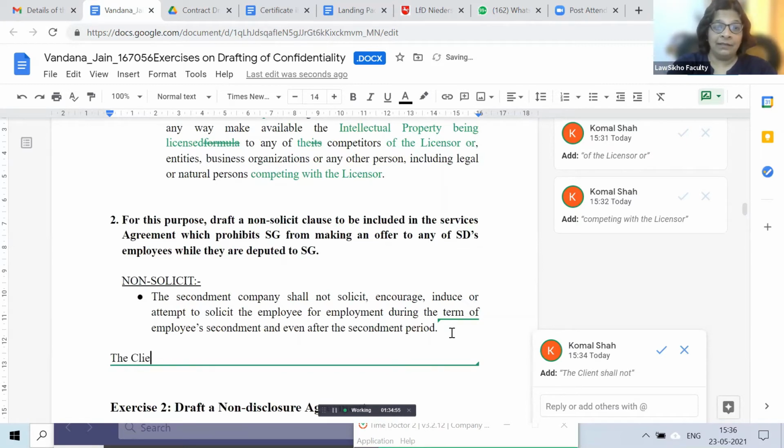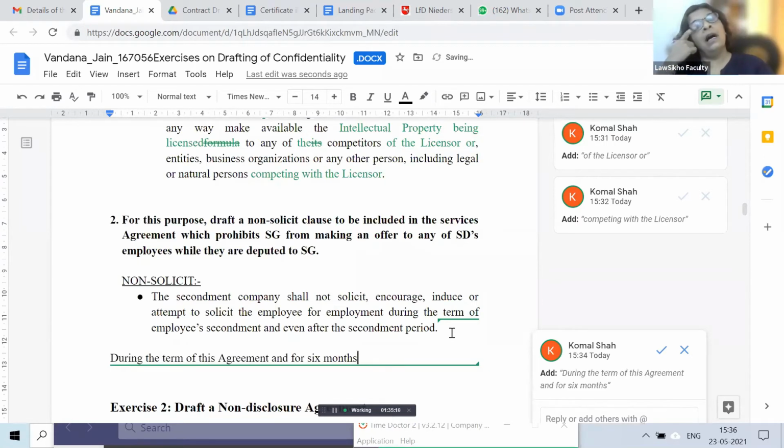So again, it is during the term of this agreement and for 6 months. In this case, putting a 2-year restriction doesn't make sense, because there can be very rapid job changes. There can be people not remaining there anymore. There can be lots of different things like that. 6 months is a good enough period, because after secondment, it's a long enough period. In fact, you might even want to say 3 months after that. Okay, so during the term of this agreement and for 6 months thereafter,